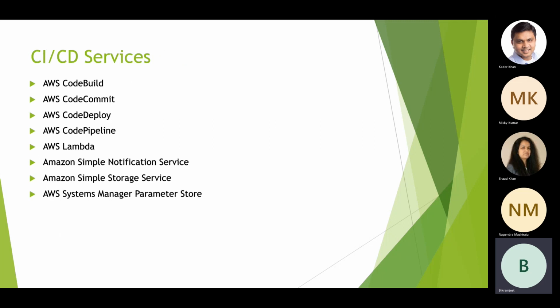And how can we do that? Let's see. As DevOps suggests CI/CD, we are going to have an overview of all the services that we can use from AWS to have a complete CI/CD pipeline, which has integrated continuous testing, development, deployment, and everything. So the CI/CD services which are provided by AWS. Now,